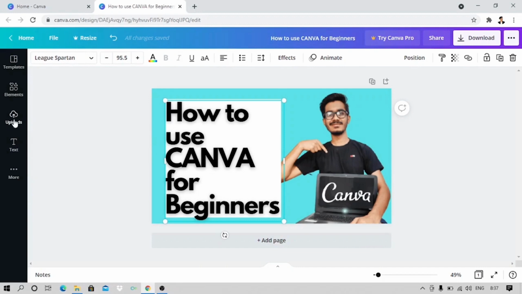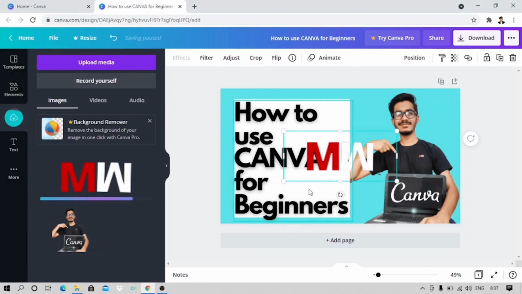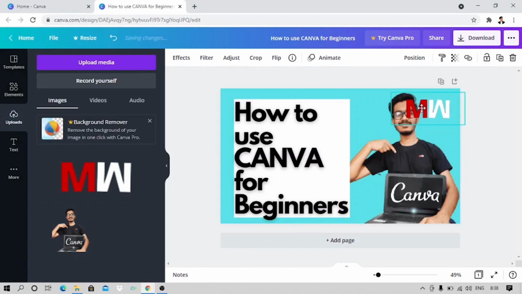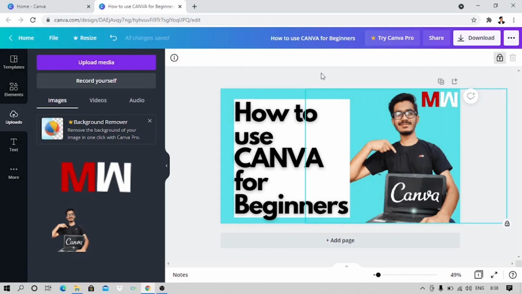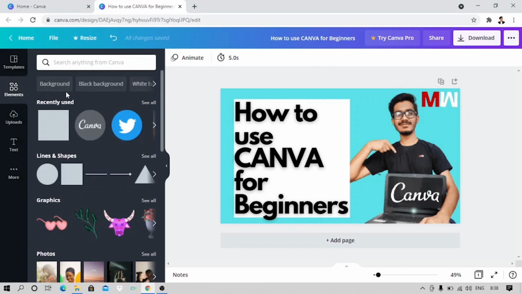So I'll add the logo of Mavenwit, which is again in my device. Tap on it, open, drag it a bit, place it where I want to. Now this seems perfect. I'll just drag it a bit, resize it a bit, so it is at the perfect position I want it to be. That's perfect. Also, we can add something for Canva that would make it a little bit more appealing.